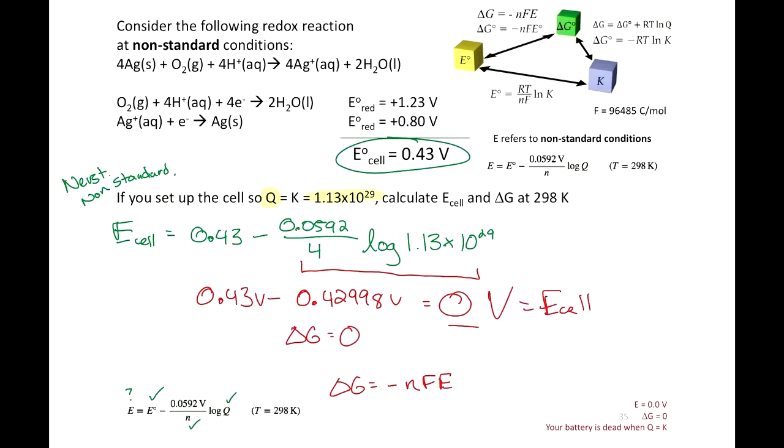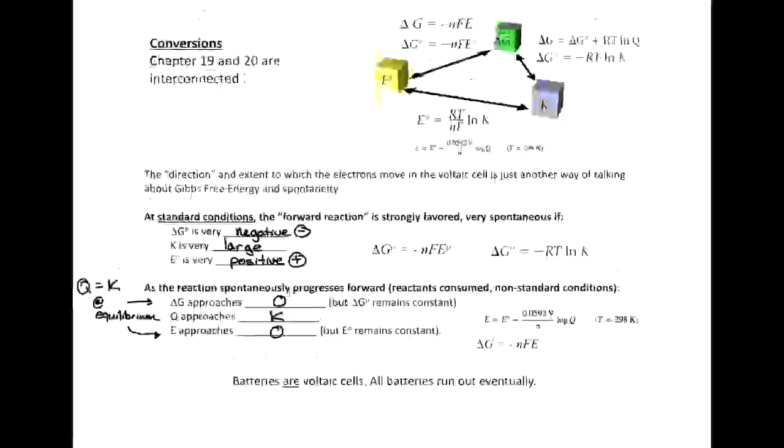Right? So really how batteries operate is, when you buy them new, they're at non-equilibrium conditions, so the forward direction is very spontaneous. But once your battery is dead, you've achieved equilibrium conditions and it's no longer useful to you anymore. Okay, so let's wrap all of these concepts up